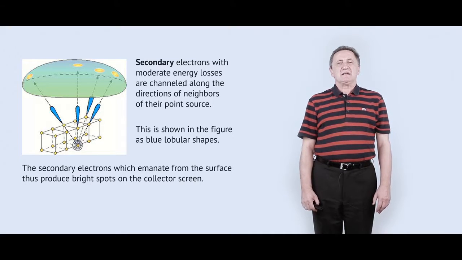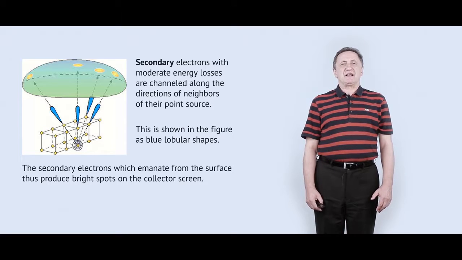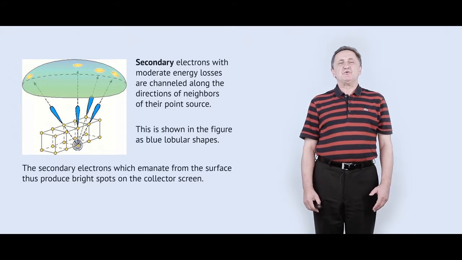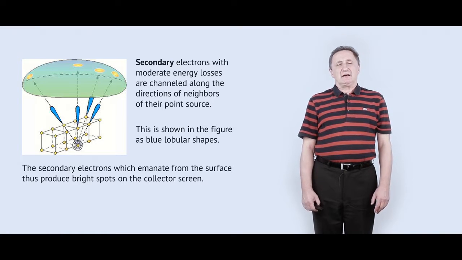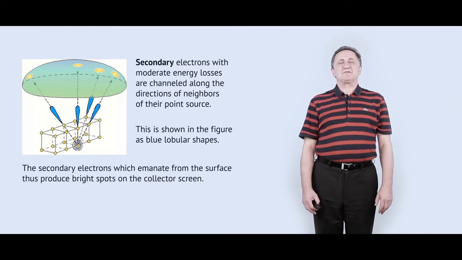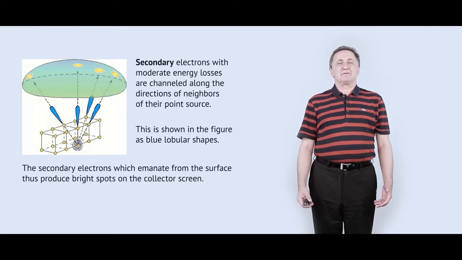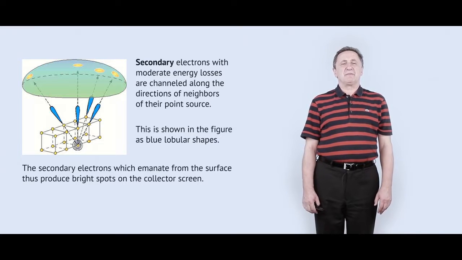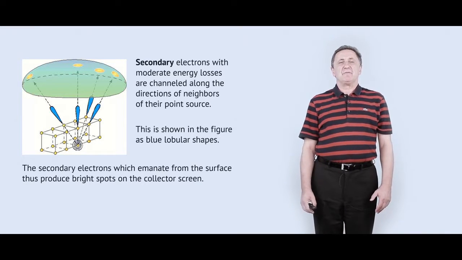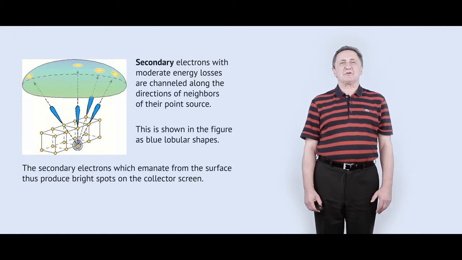As you can imagine, the contrast of the secondary electron image is due to the topography or morphology of your sample. So if you want to get information about the size and shape of your particles, up to nanoparticles, or you want information about the roughness of your surface, the porosity on your surface, or the cracks on your surface,